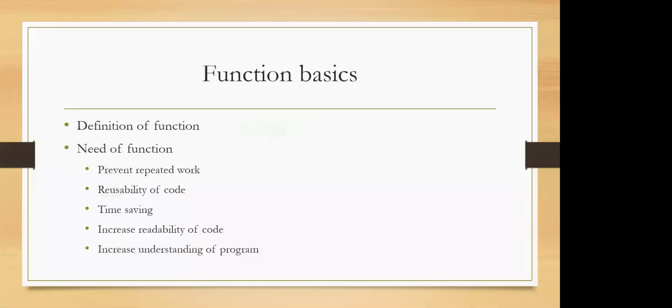When we talk about what a function is, what is the definition of a function, it's very simple. We want to execute some lines together, and we put them in a block and give it some name. That is called a function. We put some lines of code in a block, combine them, and give them a common name. Whenever we have to execute those lines, we use that common name for their execution. That common name is called a function.